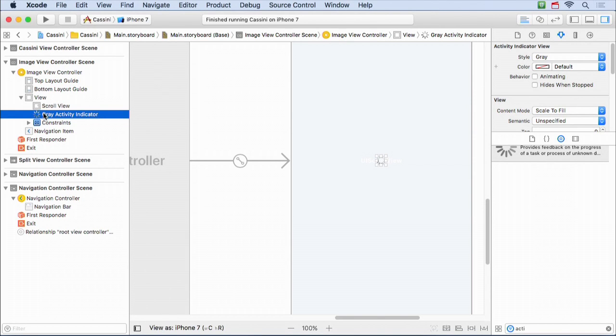So when you do these activity indicator views in your future apps and in your final project, make sure you don't accidentally make it a subview of something that you drag it onto, if that's not what you intend. Notice also the order matters here. This is the subviews in order, and remember that subview 0 is in the back, and all the other ones are in the front, so we obviously want this activity indicator to be in front of everything. All right, so that was that.